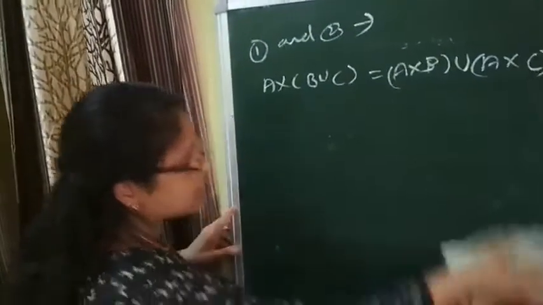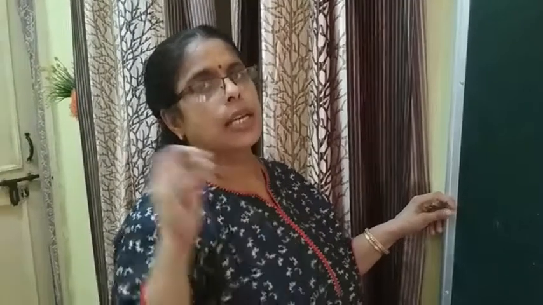In this way you can prove any question based on Cartesian product by the method of arbitrary element. But you have to think about one thing: in Cartesian product each element is an ordered pair, not a single element. The students used to write x belongs to A into B, that is not right; xy belongs to A into B. If you write x belongs to A into B, that is absolutely wrong. You can write x belongs to A, but xy belongs to A into B. Now the last question I am going to do is